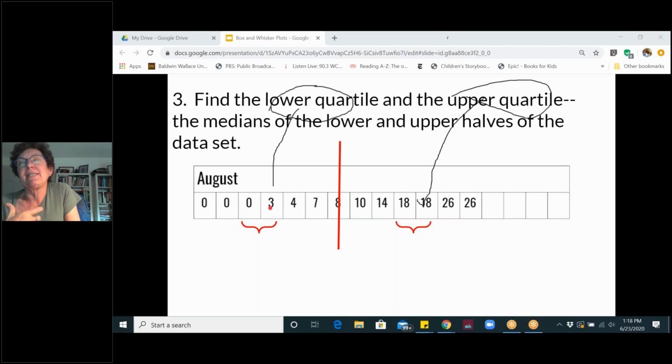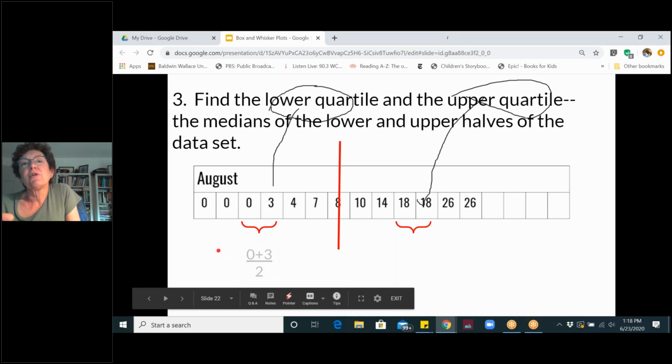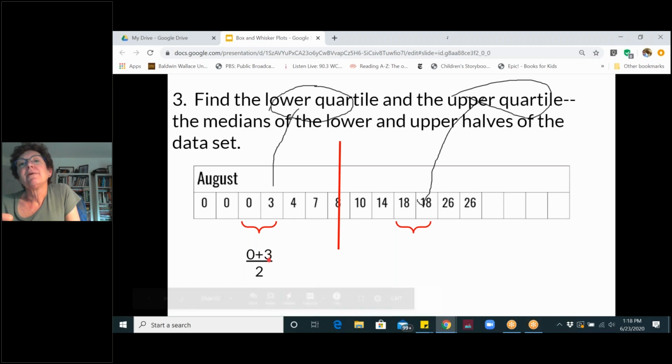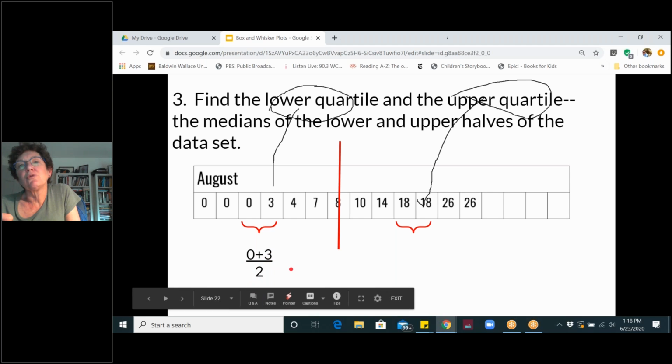It's like finding the average of these two numbers. So we're going to find what number is exactly between 0 and 3. So to do that, we say 0 plus 3, divide by 2, and the answer is